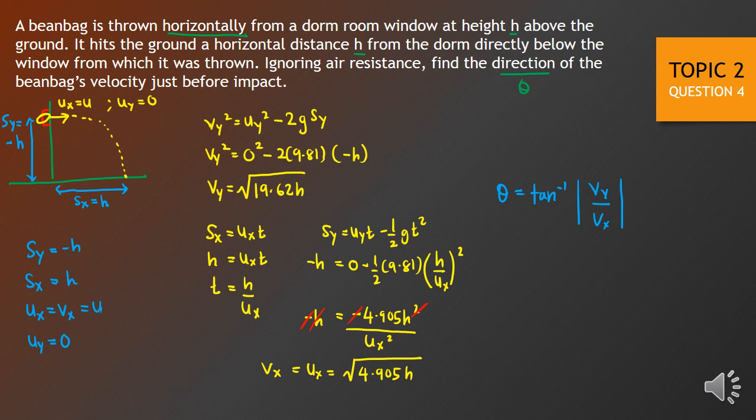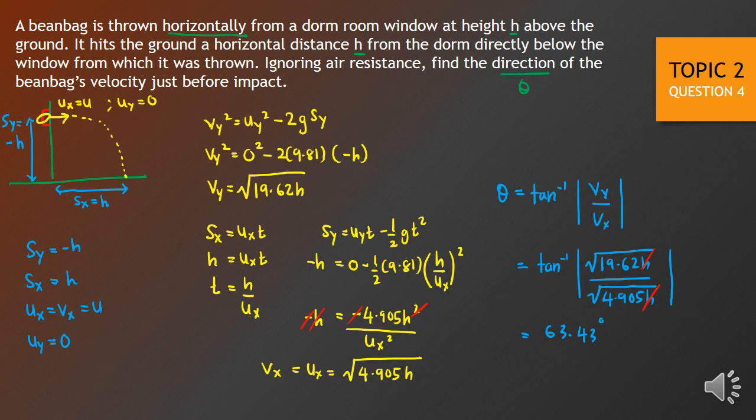Then, so we have the y component and the x component of the final velocity. We can substitute that into our equation. So this is equal to arctangent modulus of y over x, which is square root of 19.62 h over square root of 4.905 h. Here the square root of h can be cancelled out on both the numerator and denominator, and then by pressing on our calculator we will have a value of 63.43 degrees,